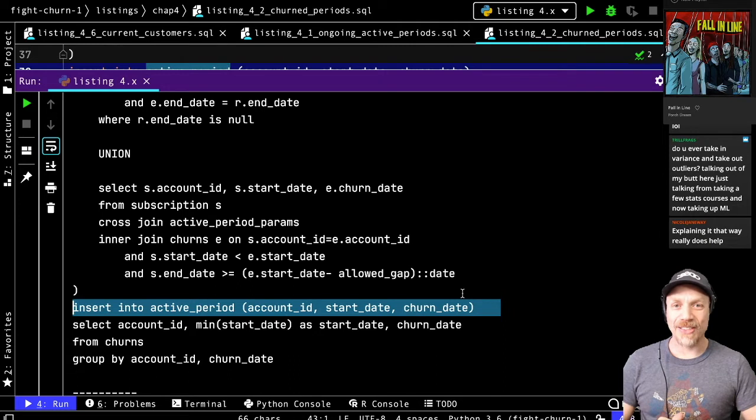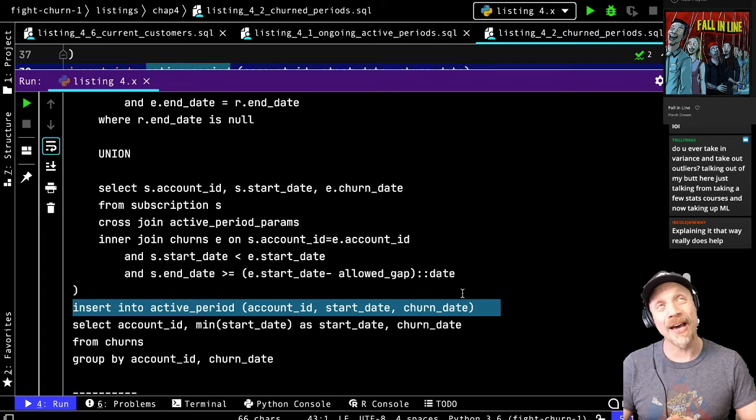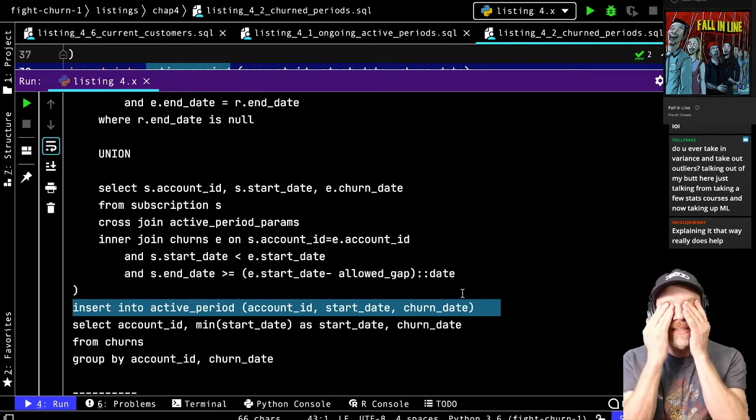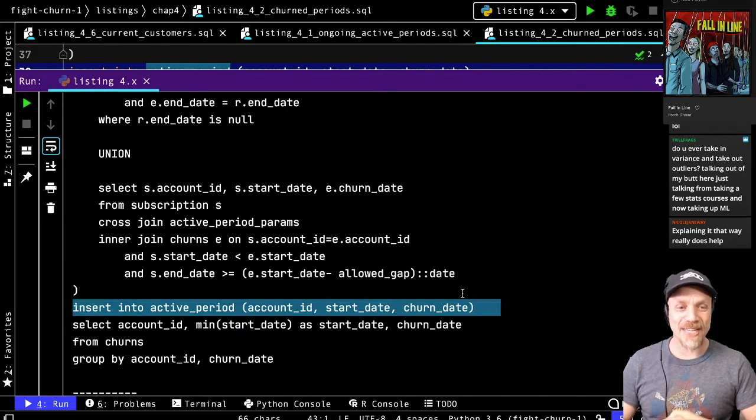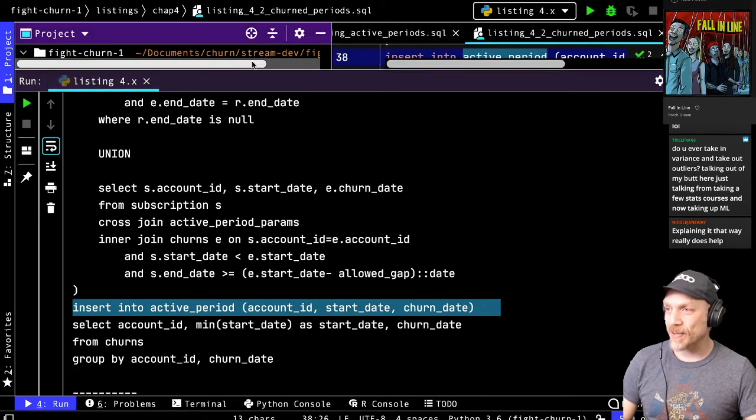This is actually, now we're talking chapter 5, so we're still in chapter 4. But I don't actually take out outliers till later chapters. I think taking out outliers is like a chapter 8 subject. But we do take out outliers eventually. But for right now, we're just trying to get the basic data set created.